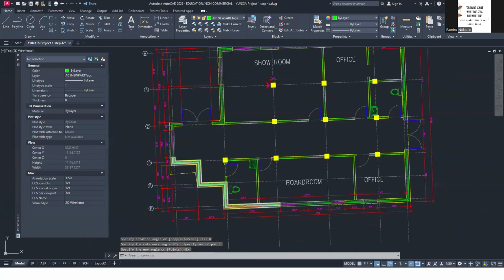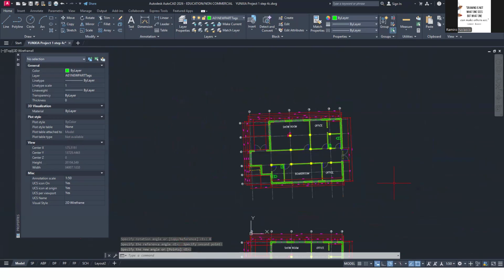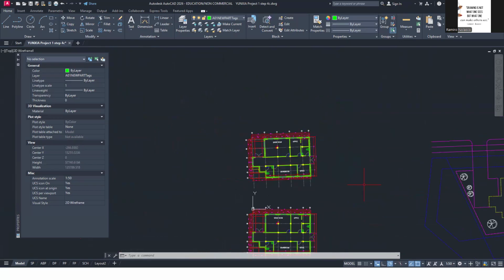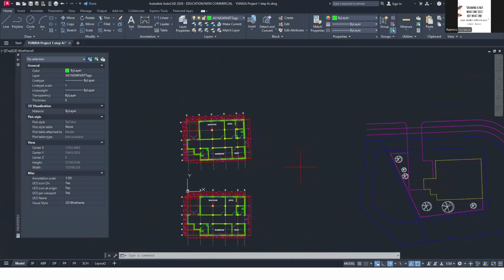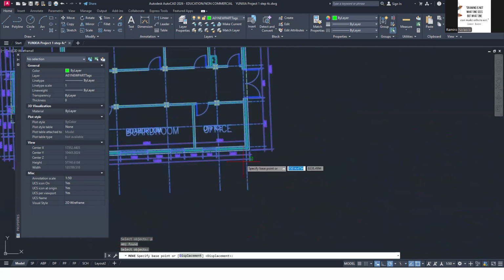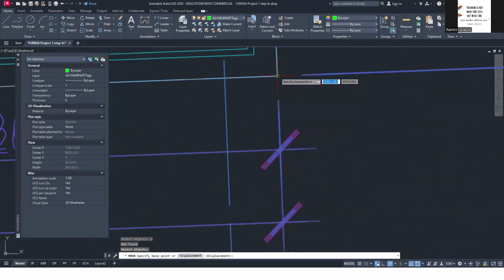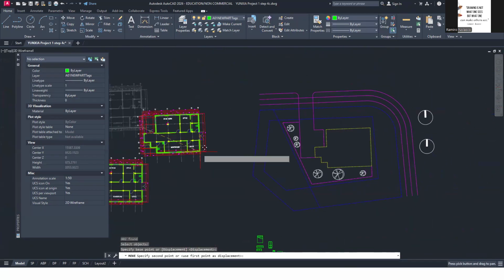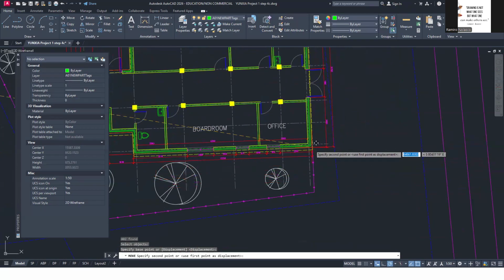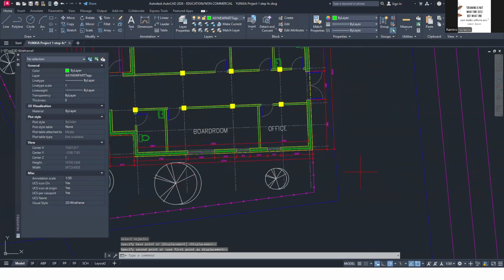Okay? And then I'm going to move previous. Now it's that selection set, the one that I rotated. I'm going to move it from here to there. Okay.